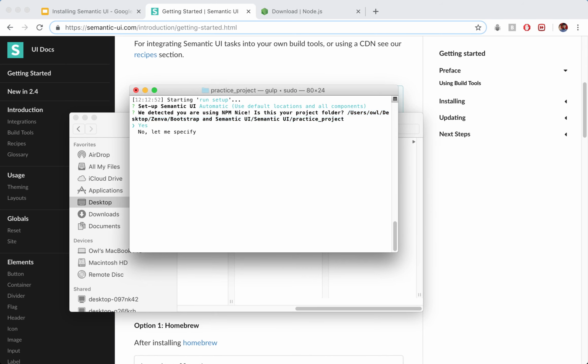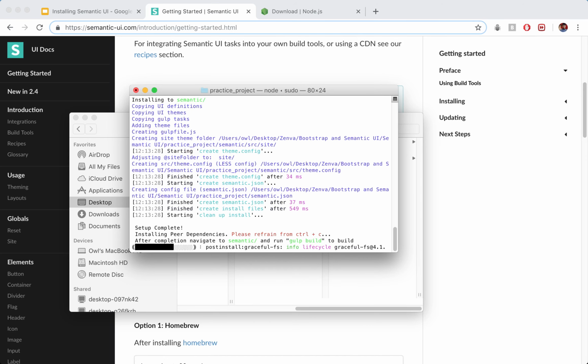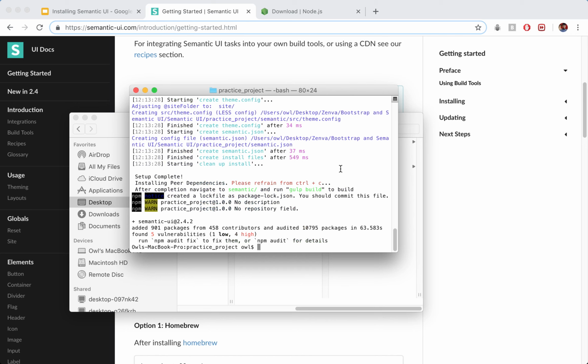So we're going to go ahead and select yes if that's right, or no, let me specify and then pass in that complete project path. So semantic should be in semantic/, that's fine, yes, okay. And we're just going to go ahead and let that happen. Okay, so as long as there aren't many warnings here, this is fine. What we're going to do next is install gulp, or rather build gulp, and that will download all of the